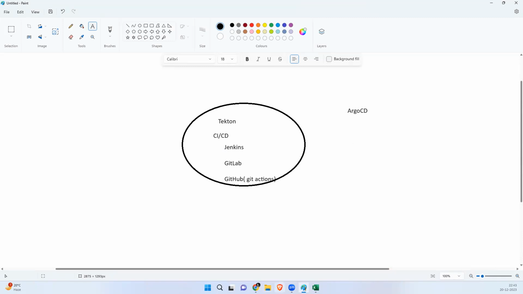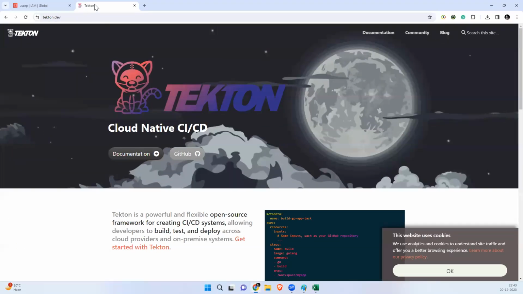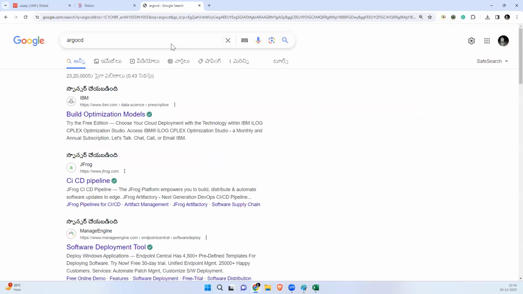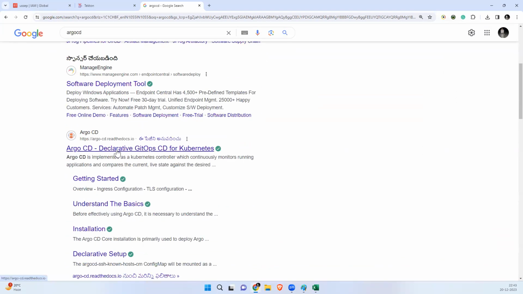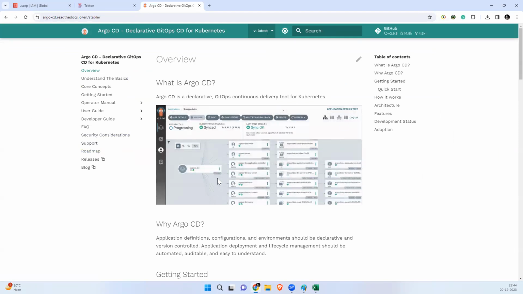So this is Argo CD, guys. If you merge the request, it automatically deploys to the pods, guys.